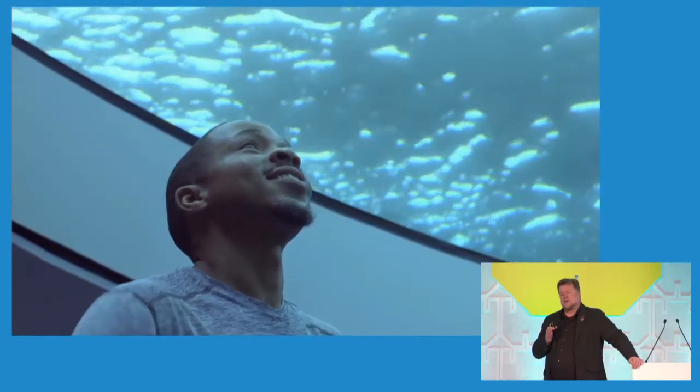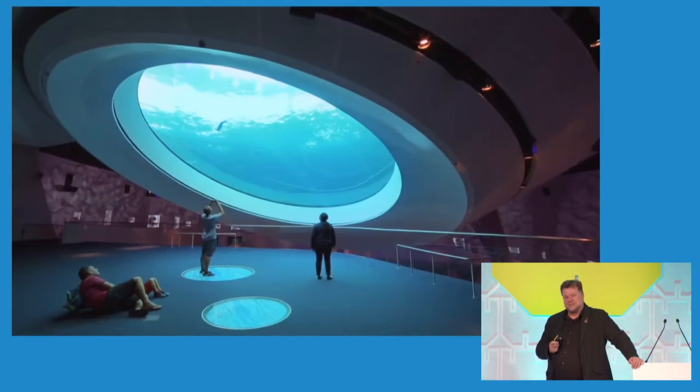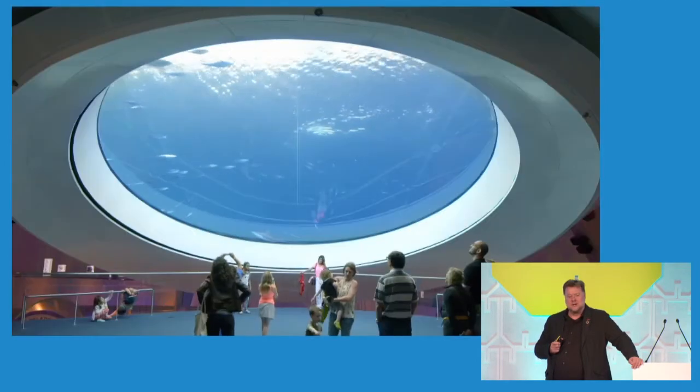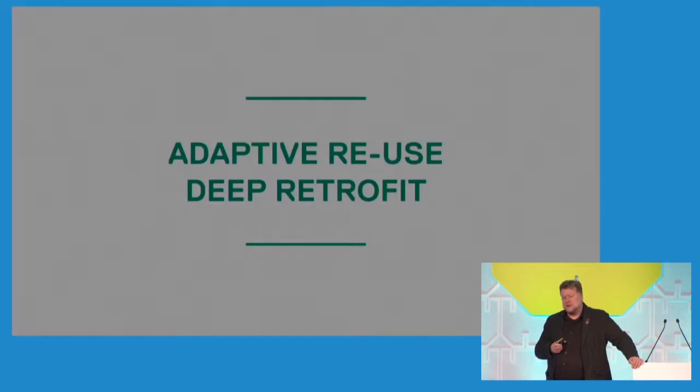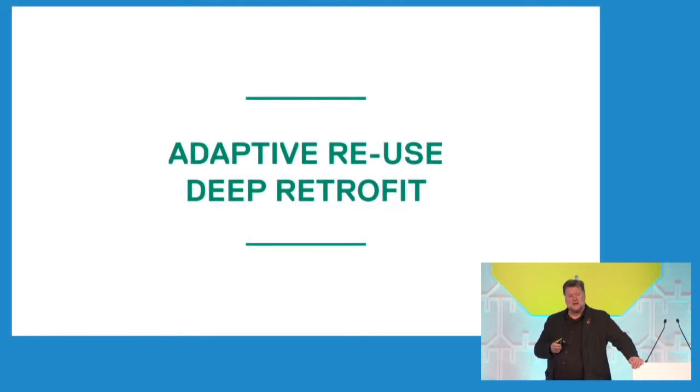So I want to finish off with 3 projects that talk about net zero. So as well as achieving 2030 net zero for new buildings, the UN have also stated that we actually need to retrofit our existing building stock by 2050. And actually adaptive reuse is something that we've always believed very strongly in.